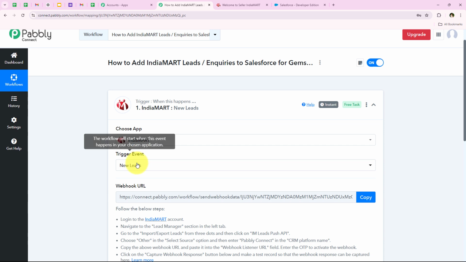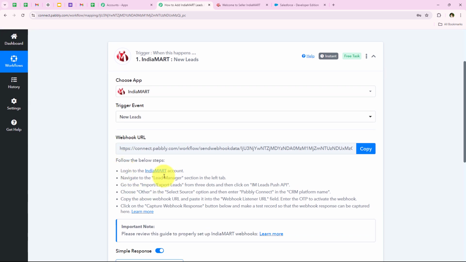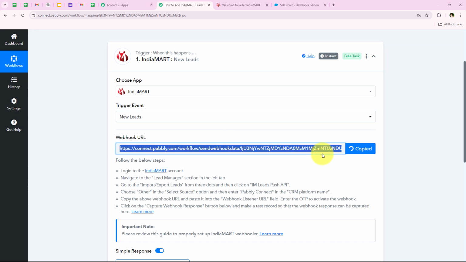And as soon as I select the trigger event as new lead, over here you can see that it is giving me a webhook URL and a few steps in order to create a connection between our IndiaMART account and our Pabbly's workflow. So yes, we're going to follow the same. What I'm going to do is copy this webhook URL and then we're going to follow this